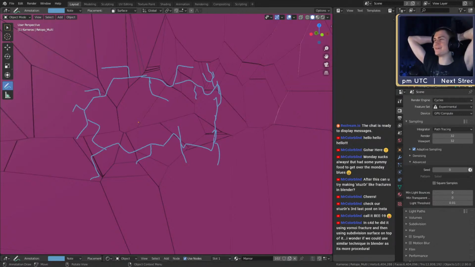And then, as you said, once that is done, we can probably just put in a subdivision modifier to round out the edges, and that should work. This might be too dense. We probably have to use a lower poly version. Let's let that load for a bit. Let's give it a minute. If it's still not responding, then we'll try it again.